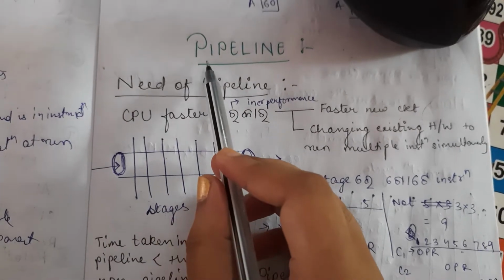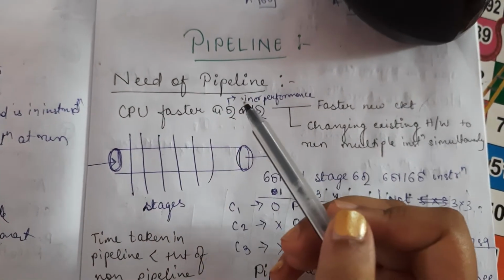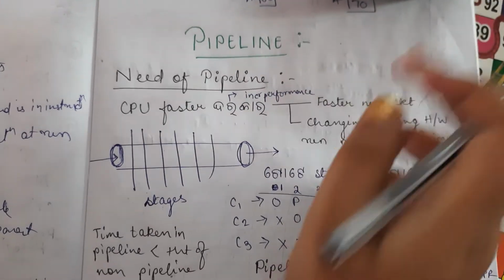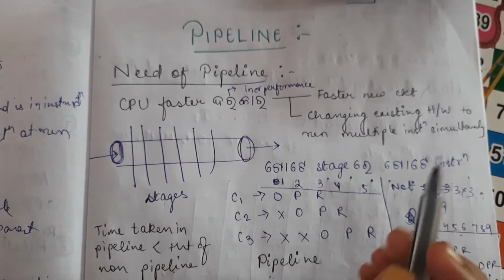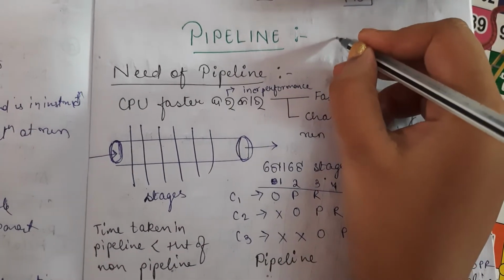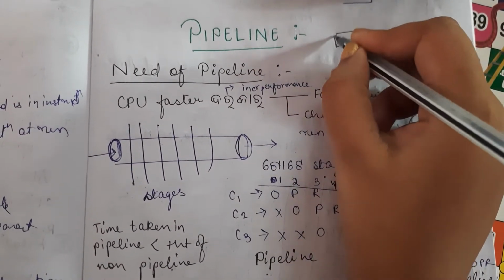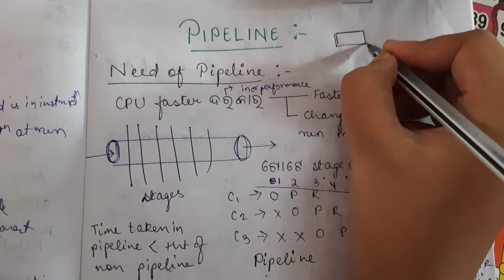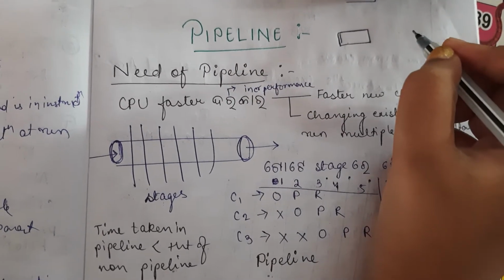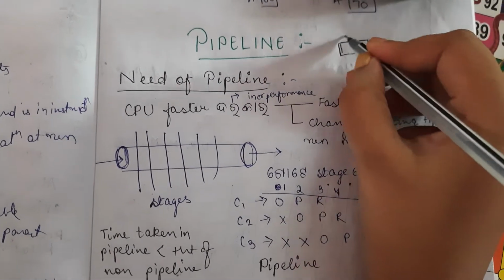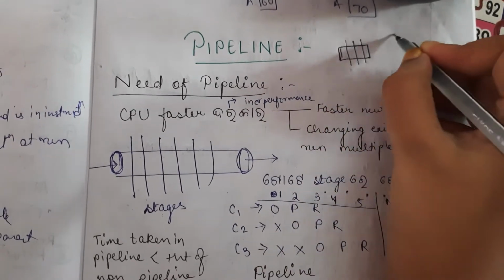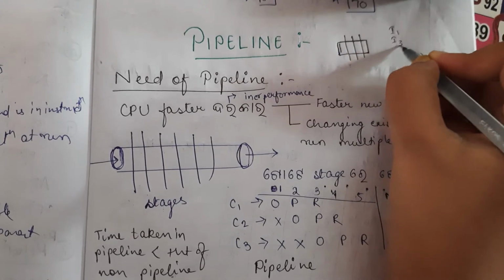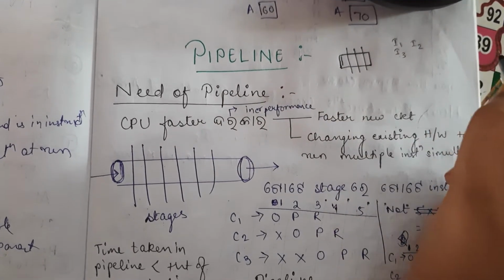In this video, we shall see about pipelining of computer organization and architecture. So, what is pipelining at first? Pipelining means instead of keeping only one box, only one unit in which we need to work, we have different stages in which we can work. Suppose we have three instructions I1, I2 and I3.